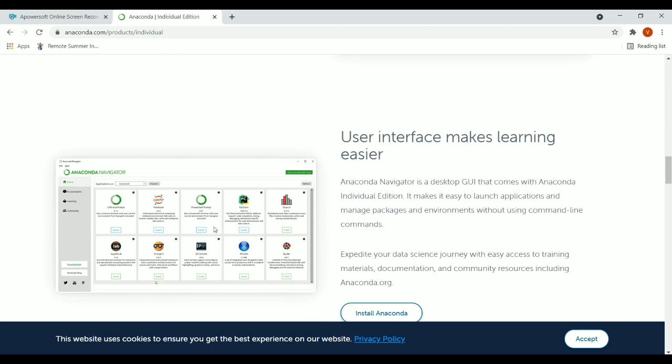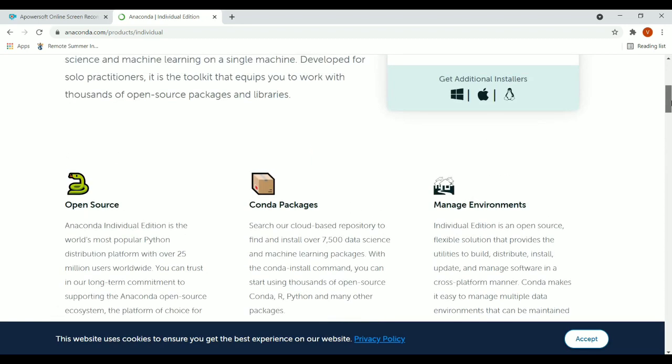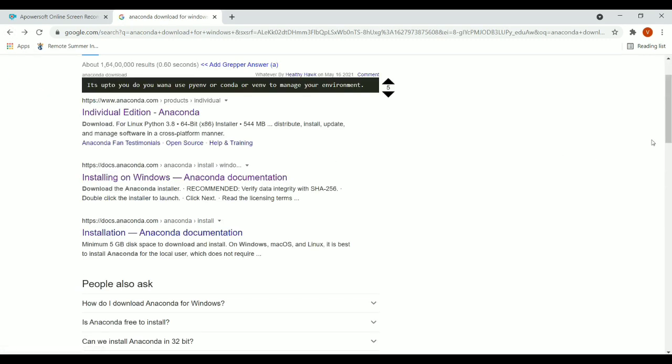So these are the four to five editors available on Anaconda, which you can easily use, which are easily available, free to use, and you can use them freely without any money.